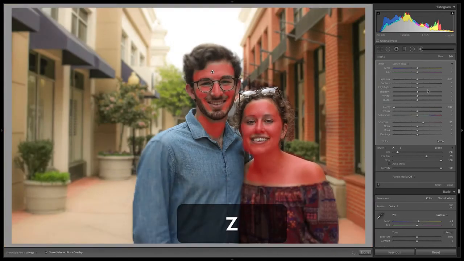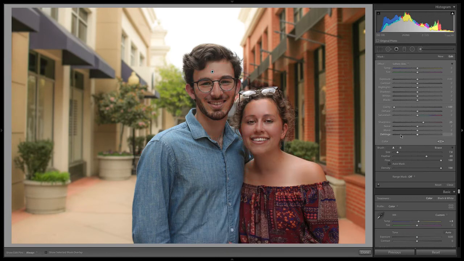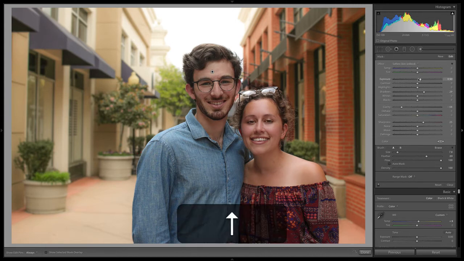Okay, so let's zoom out, turn off our mask overlay, and you can see now if we turn this brush on and off, how it softens the skin. Now, if you don't want it to be so soft, we can bring up the clarity so it's not as crazy, and that might be something you want to do. Now, overall here, I might bring up the shadows just a little bit. Maybe just the overall exposure, just a little bit. Not too crazy. Something like that looks a little good. Bring down the blacks just a tiny bit to get back that contrast.